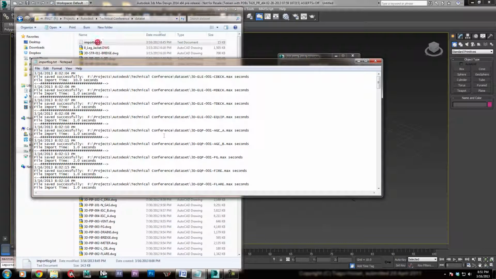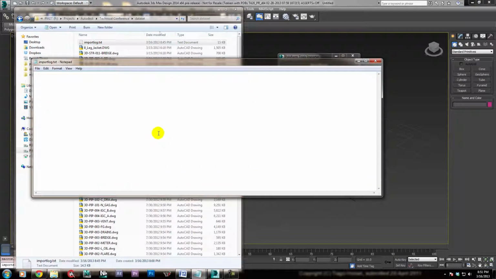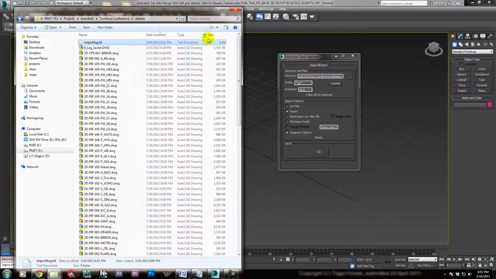And then this import log.text, let's Control A delete, Control S close. All right, so now it's blank. Okay, so